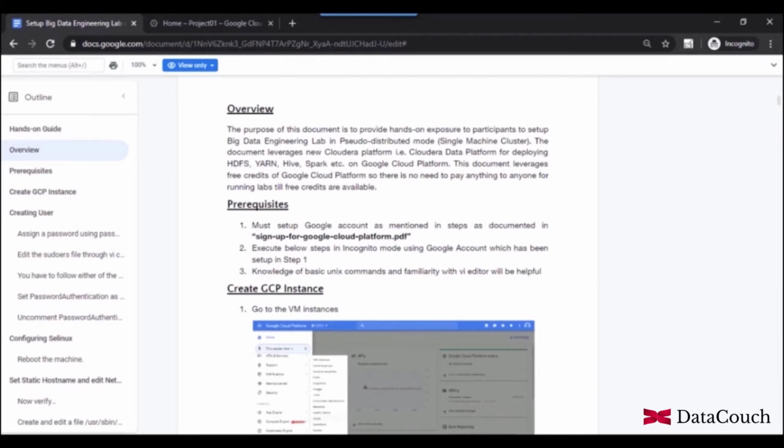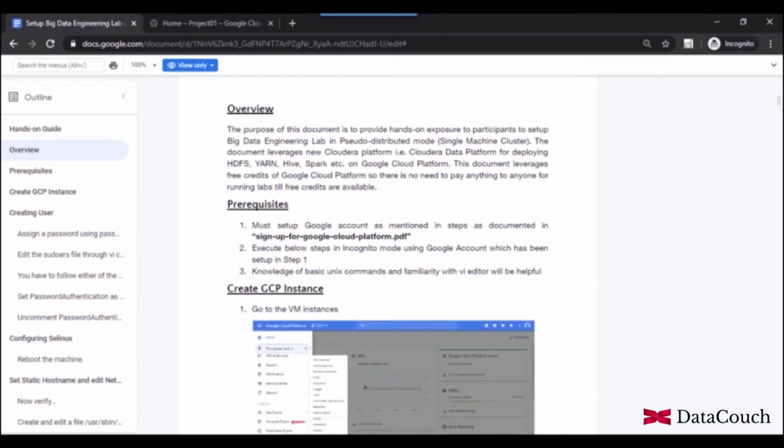The second prerequisite for this setup is that you should be working in incognito mode. We recommend incognito mode because sometimes you are logged in with your own personal Google account in your web browser.